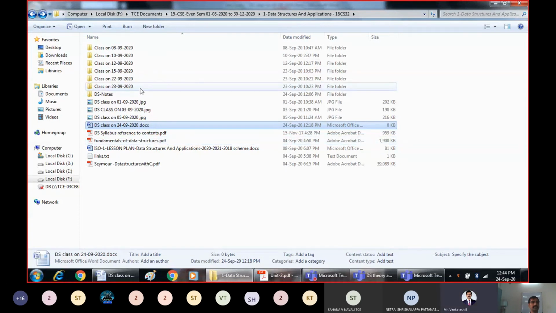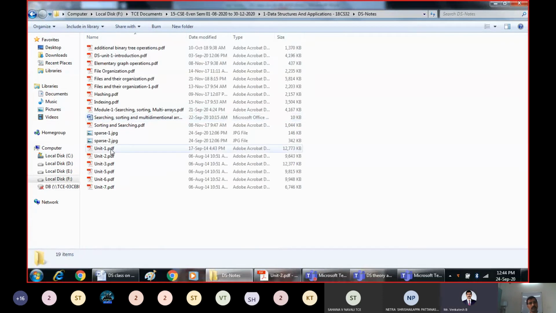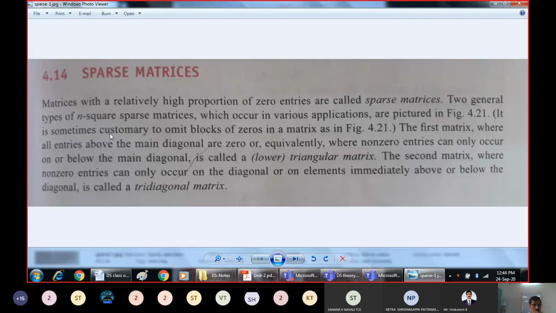There are two more variations from the textbook point of view. I'll show those also. Matrices with a relatively high proportion of zeros, these definitions I have told. The first is the matrix where all the entries above the main diagonal are 0, where non-zero entries can only occur on or below the main diagonal.